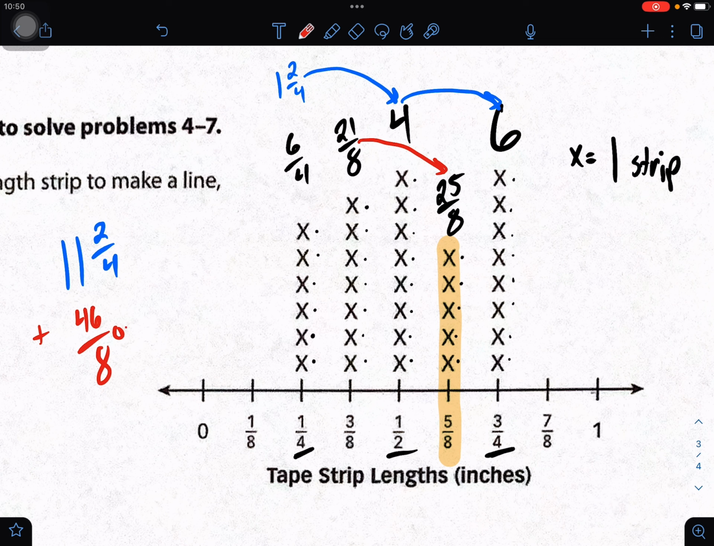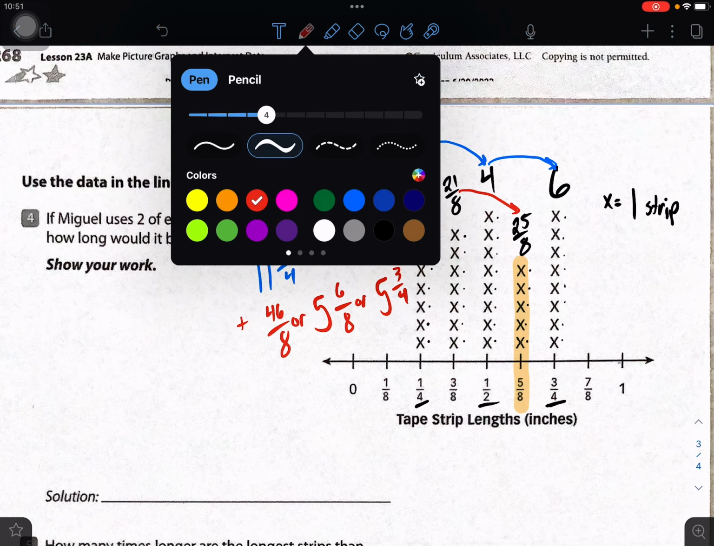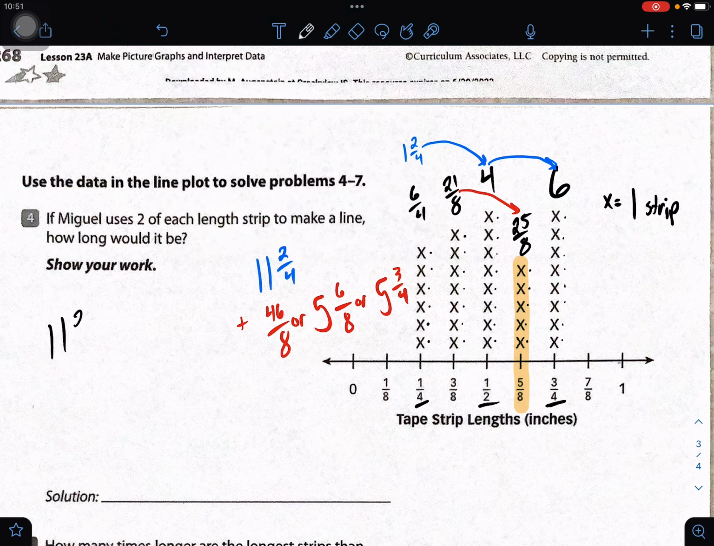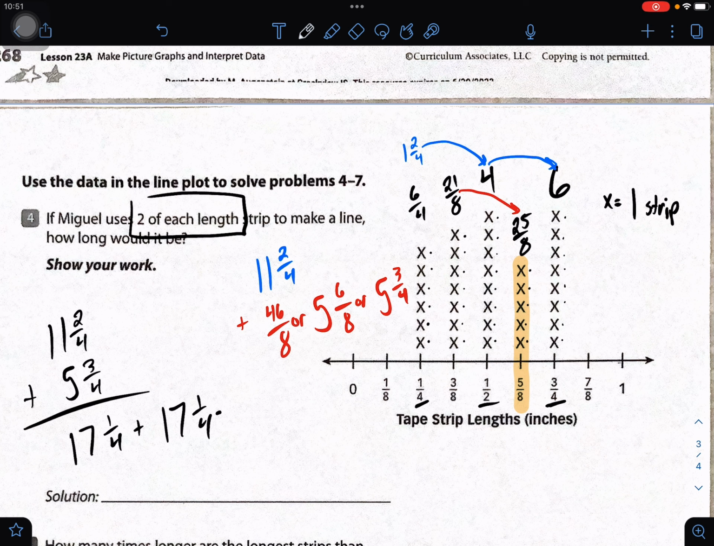And now, if I change that to a mixed number, 8 goes into 46. Let's see. 8 times 6 is 48, so 8 times 5 is 40, with 6 left over. Or 6/8 can simplify to 3/4, so 5 3/4. So now if I go through and I add up both of those values, 11 2/4 plus 5 3/4, I get a total of 17 1/4. And it says he wants to use 2 of each. I just need to double that. Well, you can tell me what that is. 17 1/4 plus 17 1/4 equals 34